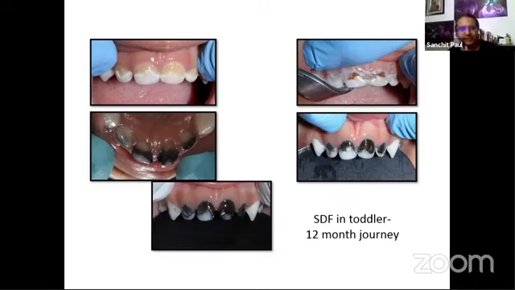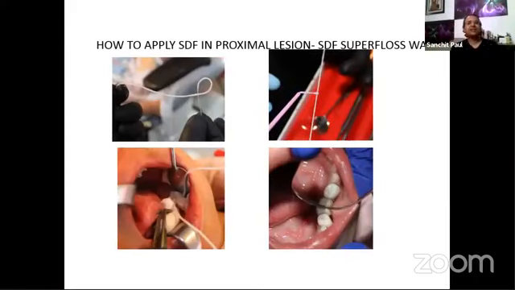So for a non-SDF person or for somebody who doesn't know about SDF, this might look like a cavity or caries, and they might try to remove it. But trust me, if you try to use an explorer and run over it, it is harder than your enamel because it is a combination of your fluorapatite and your hydroxyapatite. And this is not going to deteriorate. Yes, we can obviously mask the color because of the silver penetration by our conventional approaches of drilling and filling, strip crowns and zirconia. But again, the major role is that we have certainly avoided a more advanced deterioration in the form of root canal treatment and extraction.